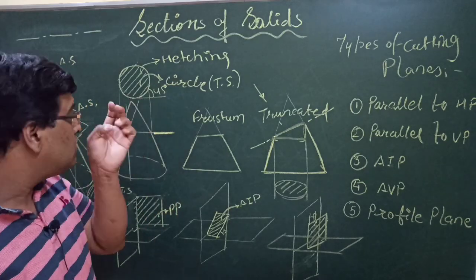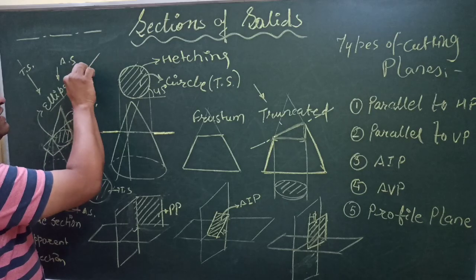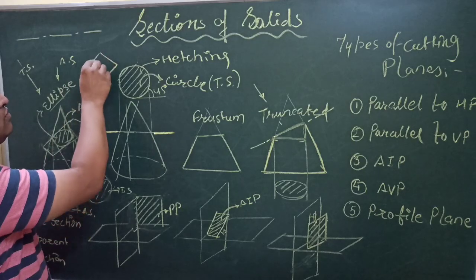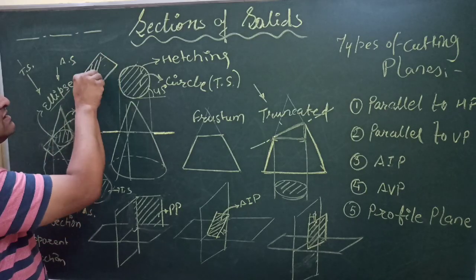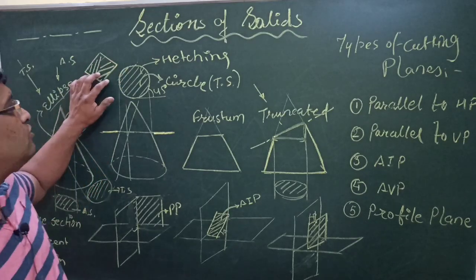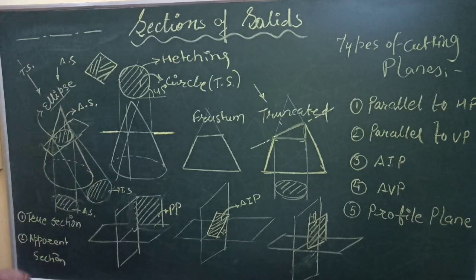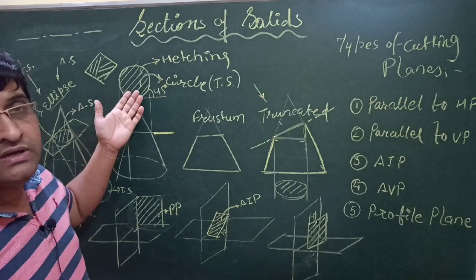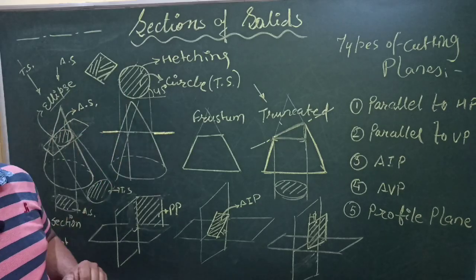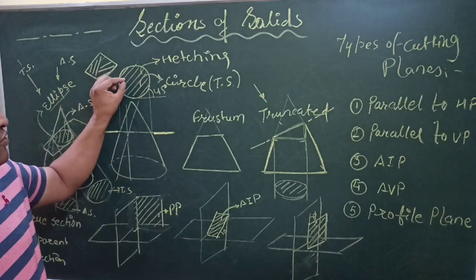Why am I saying most of the cases? Because sometimes it happens that the outline itself is at 45 degree, say the position of the outline is like this, then you need not draw like that, then you can take either 60 degree or 30 degree. You have to change that angle to 30 degree or 60 degree if the outlines are already at 45 degree. Otherwise, in 90%, 95% of the time, this is the standard basically. So these lines are at an angle of 45 degree with the XY line or horizontal line and equally spaced.